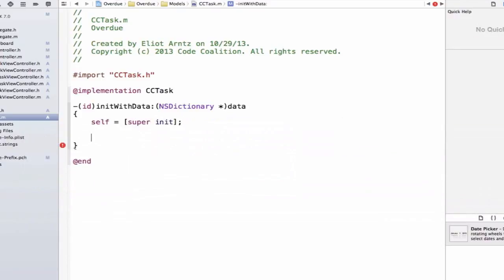And what we're doing here is we're saying that this instance of CCTask will use its superclass as initializer first before it adds its own custom functionality onto this initializer. So specifically, we're going to use the initializer from NSObject. Next, we can go ahead and say if the initialization worked, let's go ahead and add curly braces,